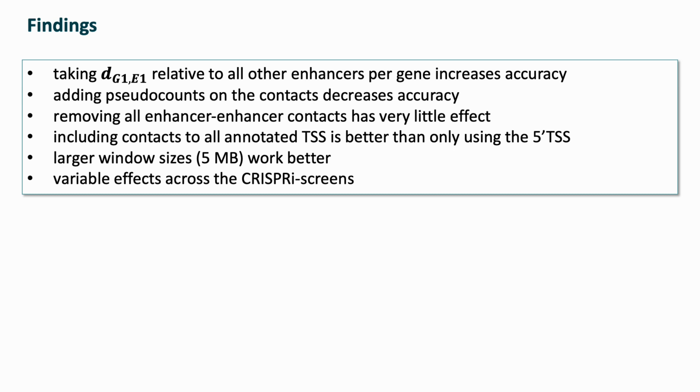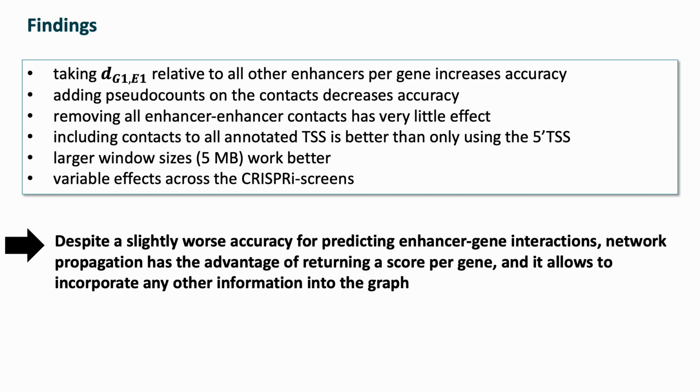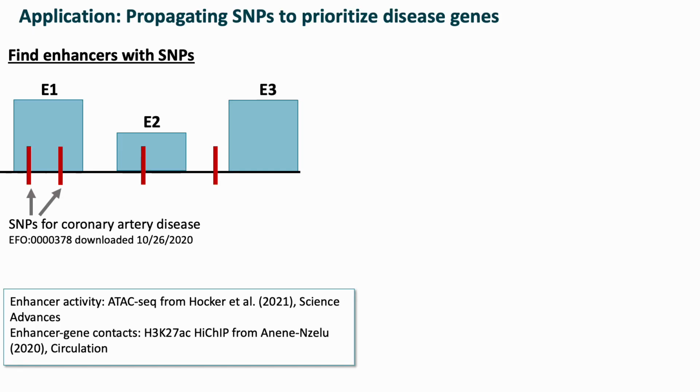What we also saw is that, similar to the GABC, if we consider all transcription start sites, it works better than just using the 5' TSS, and if you use larger windows, it also works better. But I want to point out that there is a difference across the different CRISPR-i screens. On some, certain methods work better than on others. Our conclusion was that despite a slightly worse accuracy for these enhancer-gene interactions, it has a huge advantage because it gives you a score per gene, and it also allows us to incorporate any other information into the graph, which brings me to an application where we want to test how well it works if we propagate SNPs to prioritize